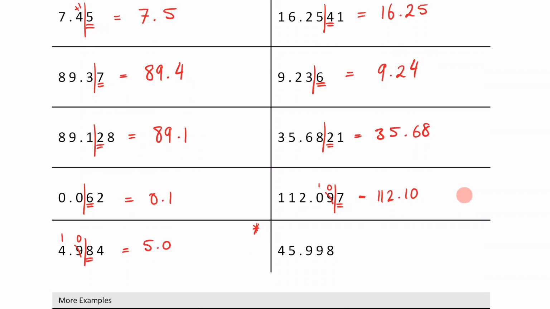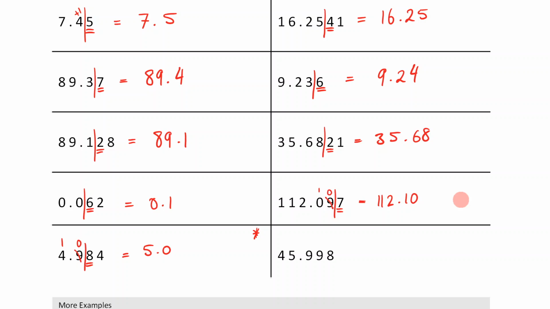And then this one right here. Now this one's really above and beyond. I only want 2 decimal places, so I cut it here. This 8 tells me I'm rounding up, which means this looks like that. So that pushes over. But then guess what? 1 plus 9 is 10 again. So it actually pushes over again. This 1 goes over here, and this becomes 0. So I'm actually going to end up with